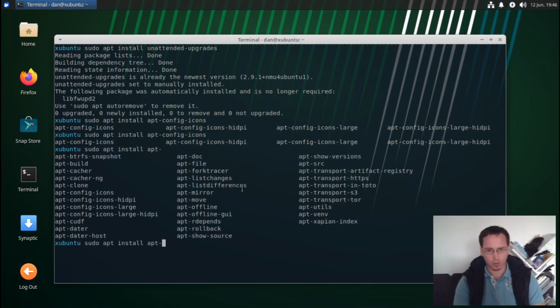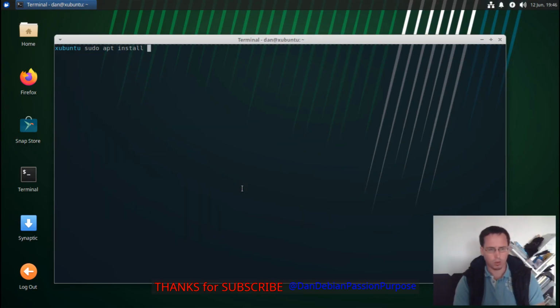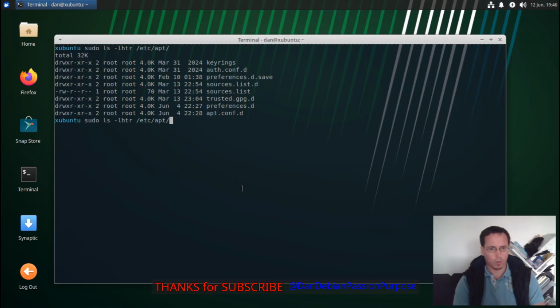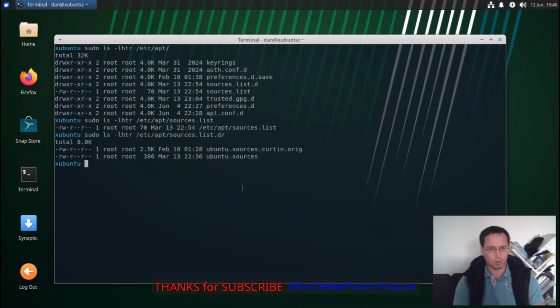In Debian there is a specific package for auto updates. But just to show you, you can install unattended upgrades manually when you want to check this. And then I want to show you as well ls -lhtr /etc/apt, and then we have here the sources list and the sources list.d, Ubuntu sources, and then we have the apt preferences